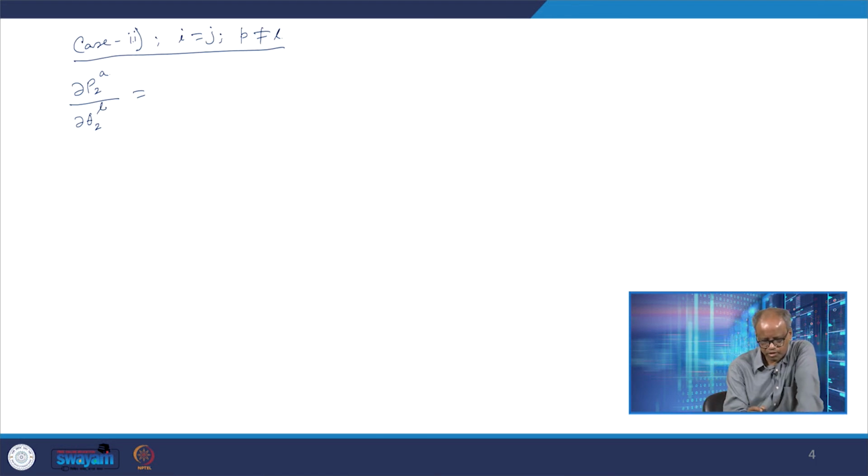V2A, V2B, Y22AB, not cosine, sorry, sine of theta 2A minus theta 2B minus alpha 22AB, right, sine. So that means in general